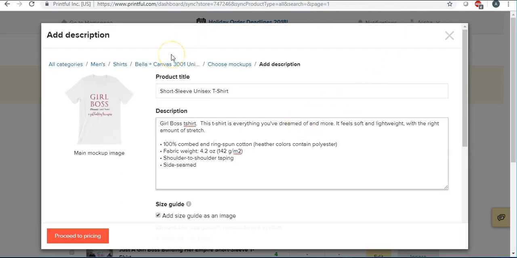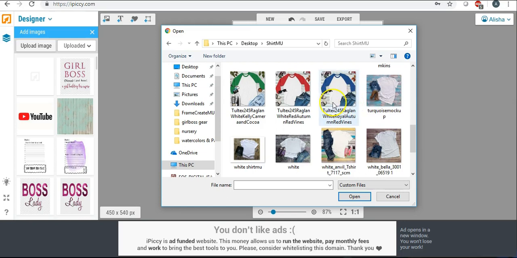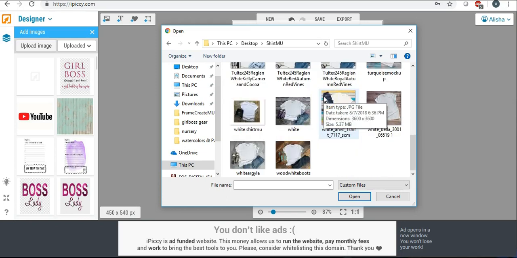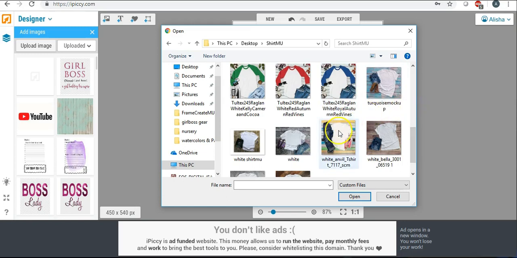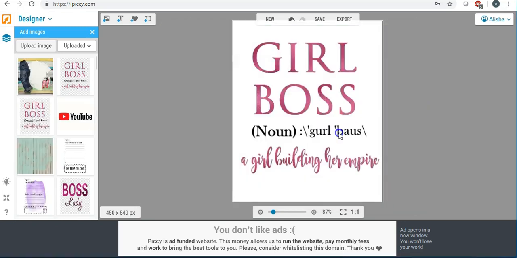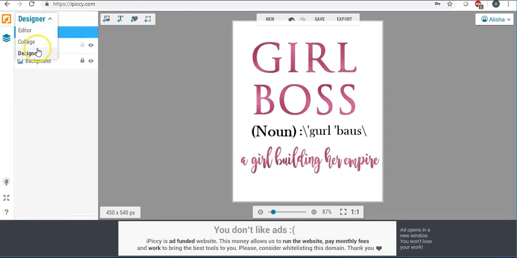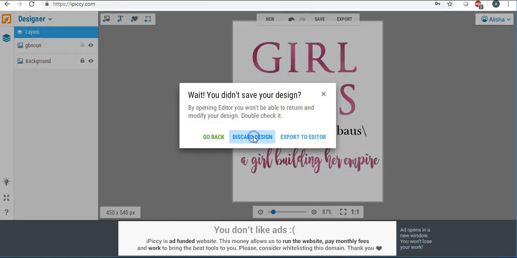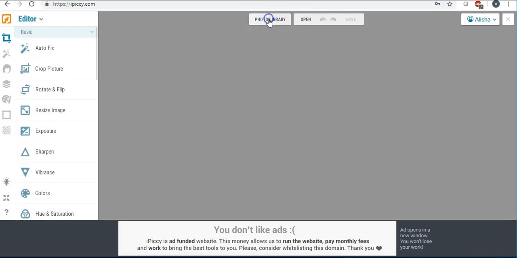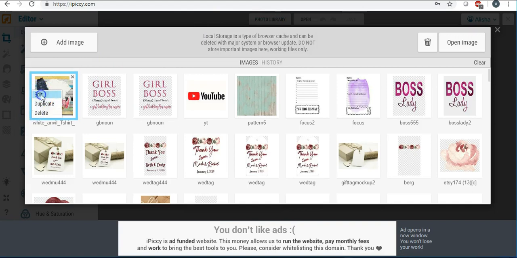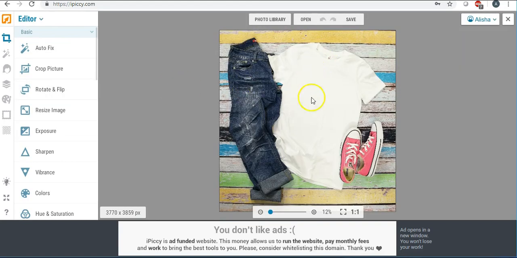Okay. So now we just need to take our image and put it onto our own mock-up photo, which is going to be our main image for our Etsy thumbnail. So I'm in my shirt mock-up photo here, and I have lots to choose from. So I think I'm going to go ahead and try to use this mock-up photo right here. And then I'm going to go ahead and switch to the editor. And then I'm going to go to my photo library, and I'm going to click to edit this photo right here. So here is the mock-up photo, and then all we need to do is drag our image over onto